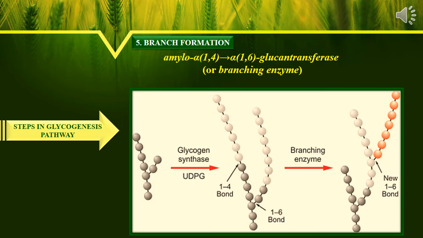From glycogen synthase enzyme, 1,4 linkages form, whereby many glucose molecules are attached, and by means of the branching enzyme, alpha 1,6 linkages form, thereby glucose molecules are attached through a branched chain. Likewise, branching and chain formation occurs in the glycogen molecule. At last, the matured glycogen molecule will have 60,000 glucoside units in it.